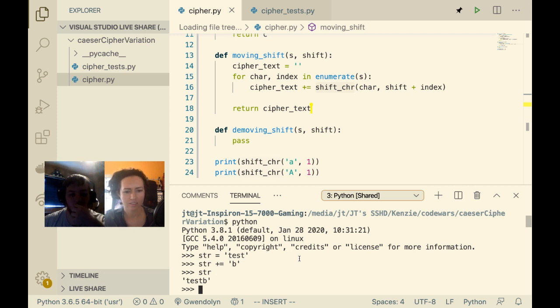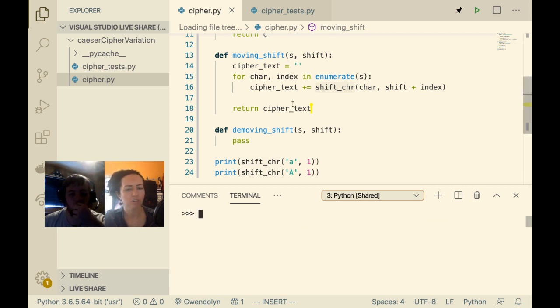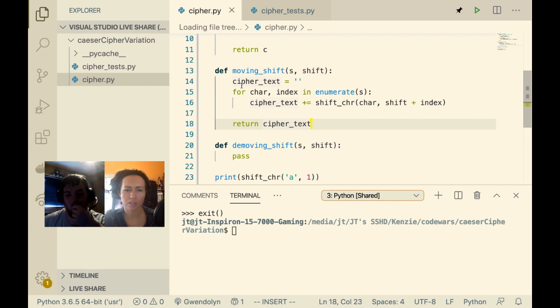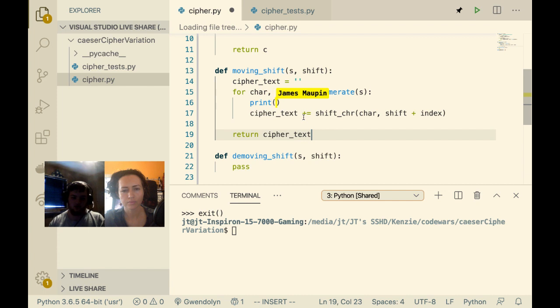Where would you want to put the print? Oh, I should exit the REPL. Well, it should be somewhere in the for loop, right? Yeah. I guess we could do something like this. Oh, yeah, it's f-strings. That's right.